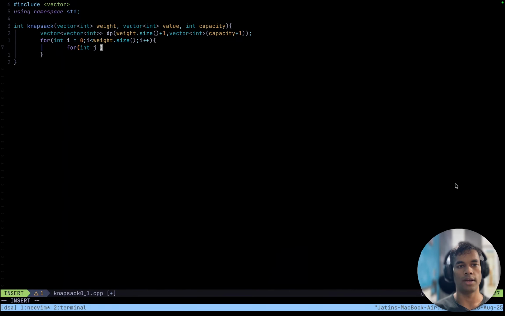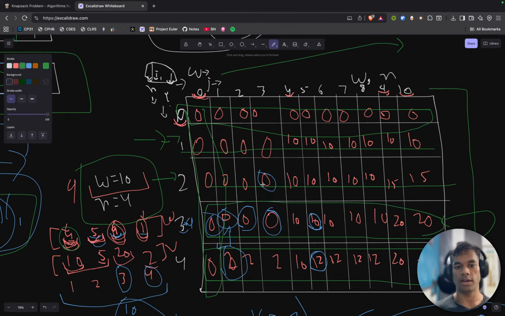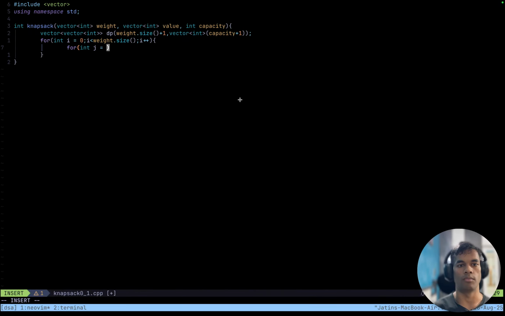That is cool. For int j equals 1, we will start our iteration from this column, when our weight capacity is 1, because when weight capacity is 0, the maximum value is by default 0. j less than or equal to capacity and j++. And for every f of i, j,